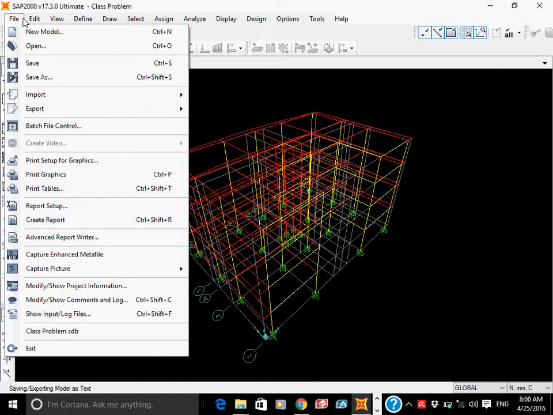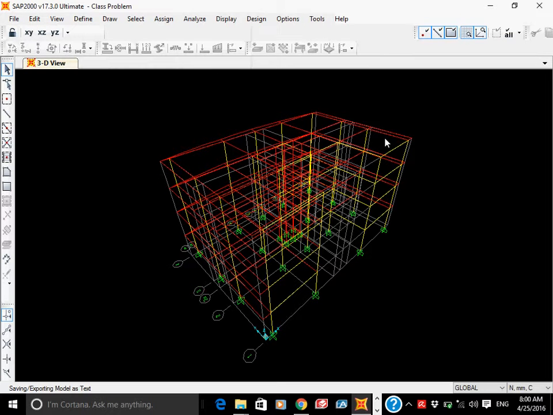But in most cases, the topmost floor has different loading, because sometimes you don't have access to the roof. No one is going to the roof. For example, the roof is only for maybe air conditioning, or for rain, or if it is located in a rainy or snowy area, you have to consider the snow load. So maybe you have to model the topmost roof as a separate file, and all other floors as a separate file. But in our model, we have all these floors with the same loading. So I am going to export only one floor. Any floor I can export.